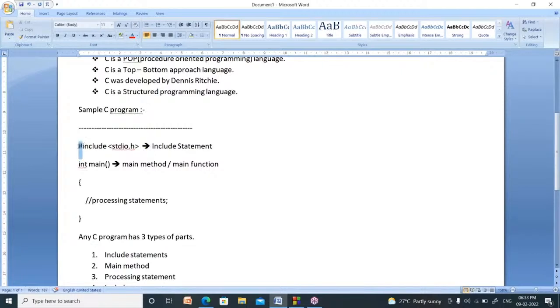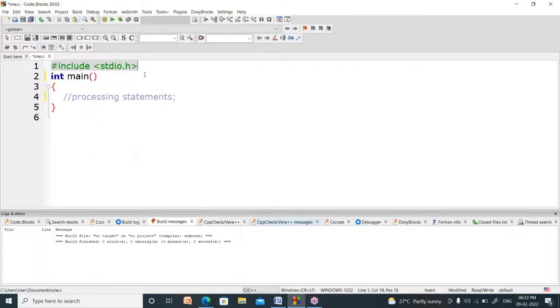Right? This always begins with which symbol? Hash symbol. Now why do we have to write hash include stdio.h at the top of every program? Your aim is to build some application, nothing but an app. Application, app, program, all are common terminologies. To build an application, we need to use a lot of tools. Those tools are already developed by Dennis Ritchie and kept in a header file called stdio. Std means standard. IO means input and output.